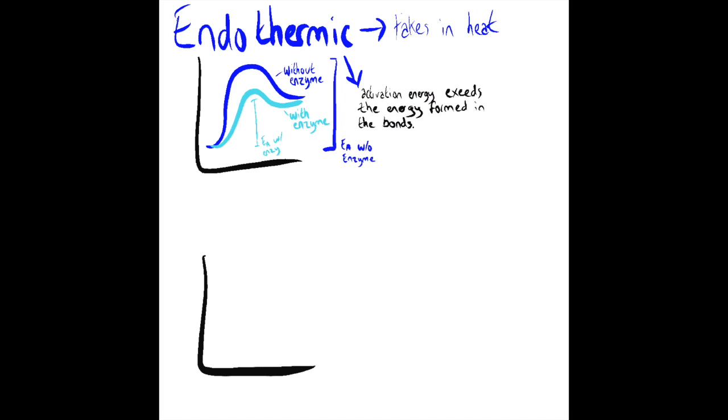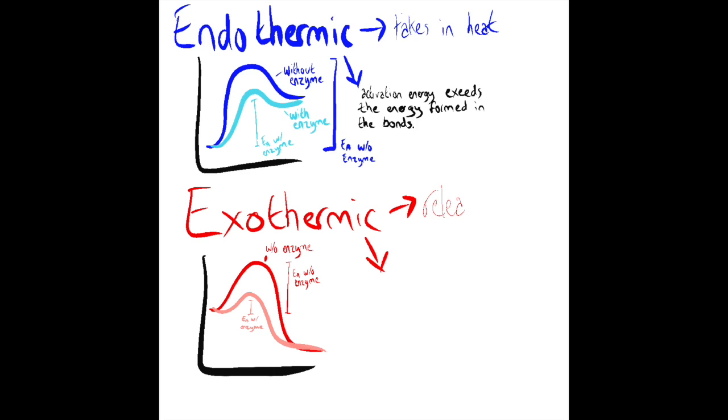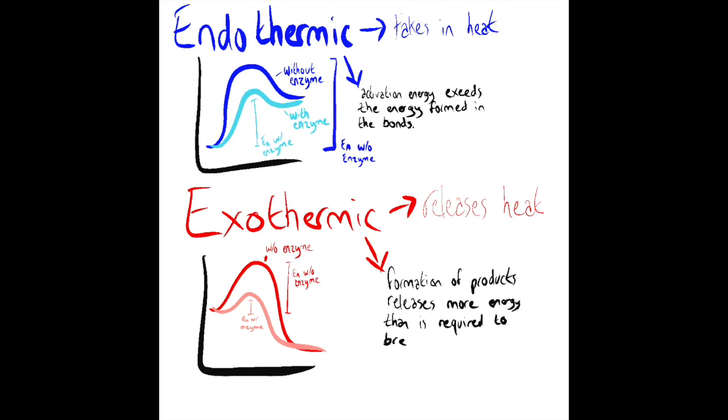For an exothermic reaction, this releases heat, and so, similar to the endothermic reaction, the energy of activation is much higher without an enzyme, whereas the energy of activation is much lower with an enzyme. This means that an exothermic reaction is when the formation of products releases more energy than is required to break